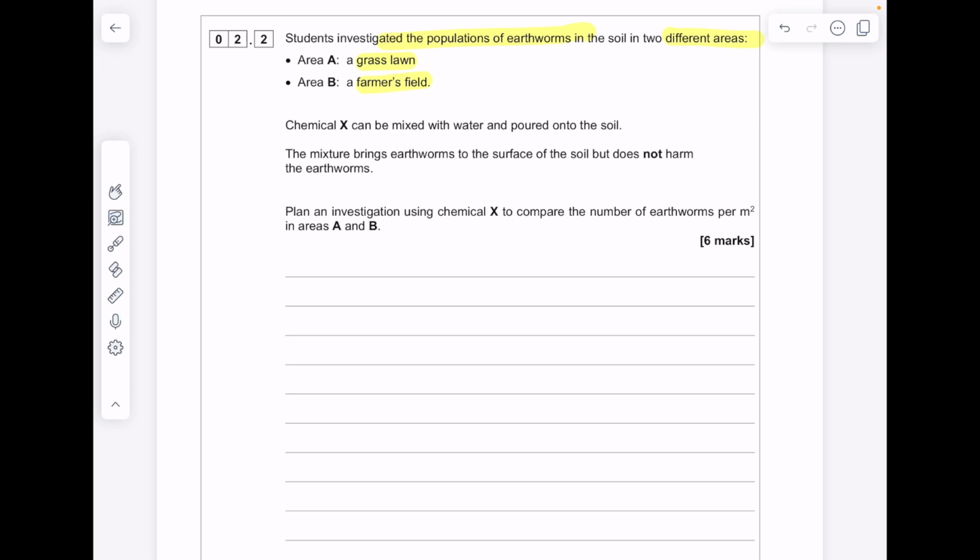So we're going to obviously need to apply the same concentration and volume of chemical X in order to ensure that we have a fair test, because after all, we only want one independent variable, which is the type of area. So we're going to use our variable layout. After all, it is worth 6 marks. And then don't forget, because we're looking at populations, it's going to be useful to use a quadrat, which is a metal frame, tends to be 1 meter by 1 meter, and we're going to count the number of earthworms